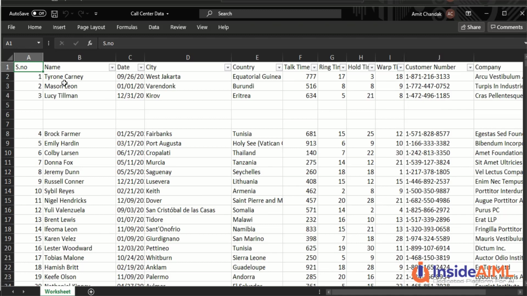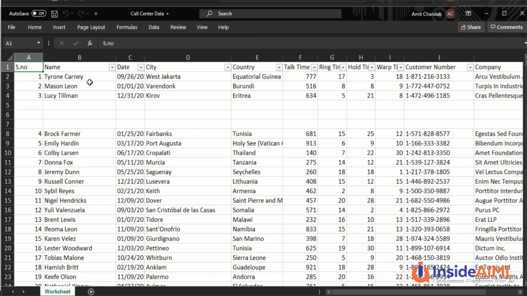Other than that, this is contact center data. In a contact center, what happens? You give a call, then you have a talk time. First, the bell rings, that's known as ring time, until the call has been picked up by the agent. Sometimes you will go to IVR, and then IVR finally gives it to the agent. So the total ring time is how much time it has taken to reach the agent. Then there is a talk time, you talk to the agent.